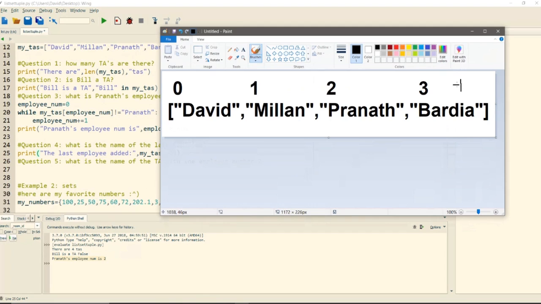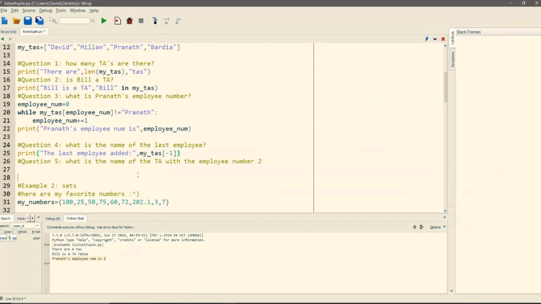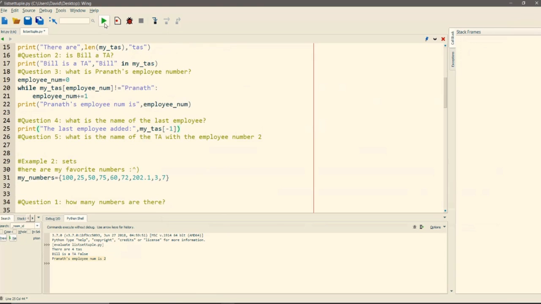This is something that Python has added just to make our lives easier, right? This will have one of -2, -3, and -4, right? So if I wanted to get the fourth last, I could just go over here and say my TA is -4. But for this question, we just want to get the last employee. And -1 is just going to do a nice job on that. Sweet. So we know Barty is the last employee added.